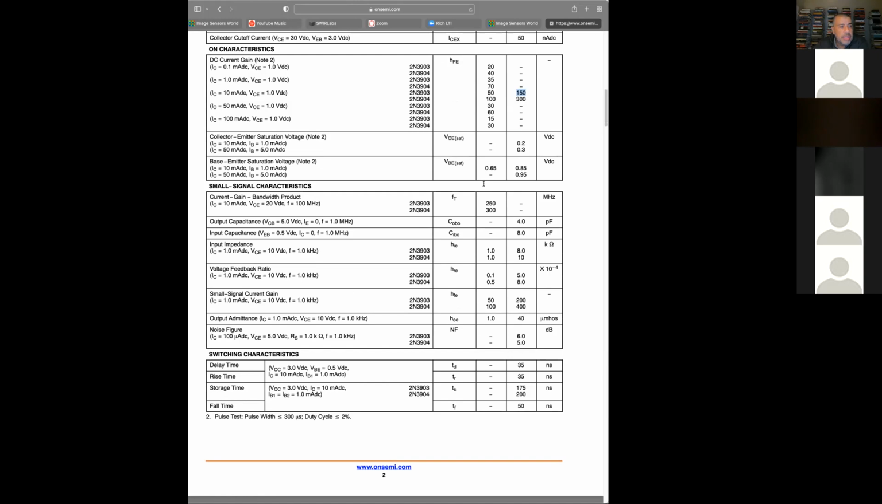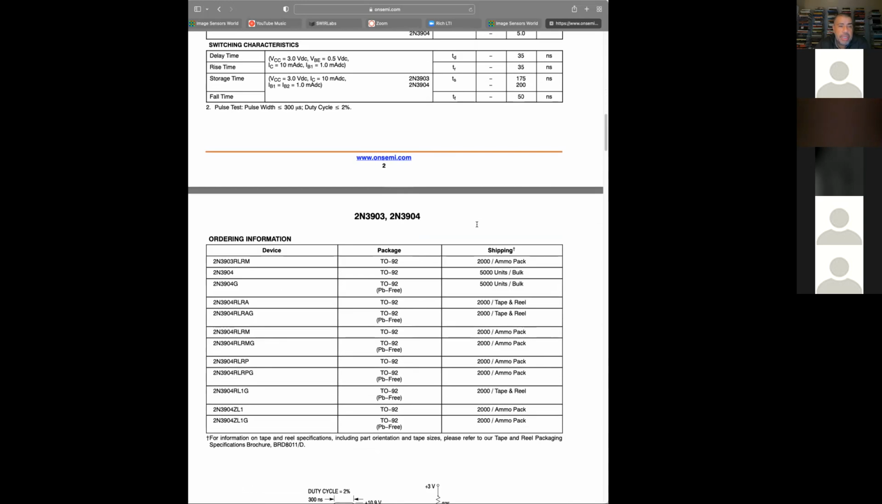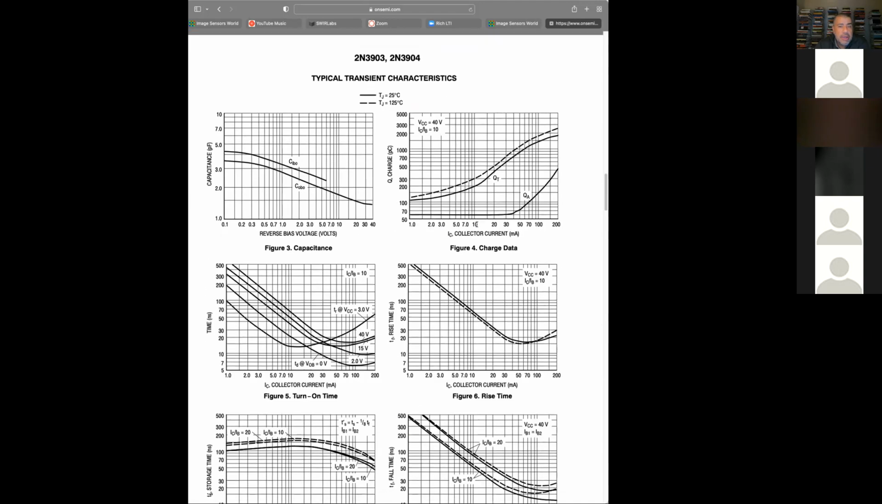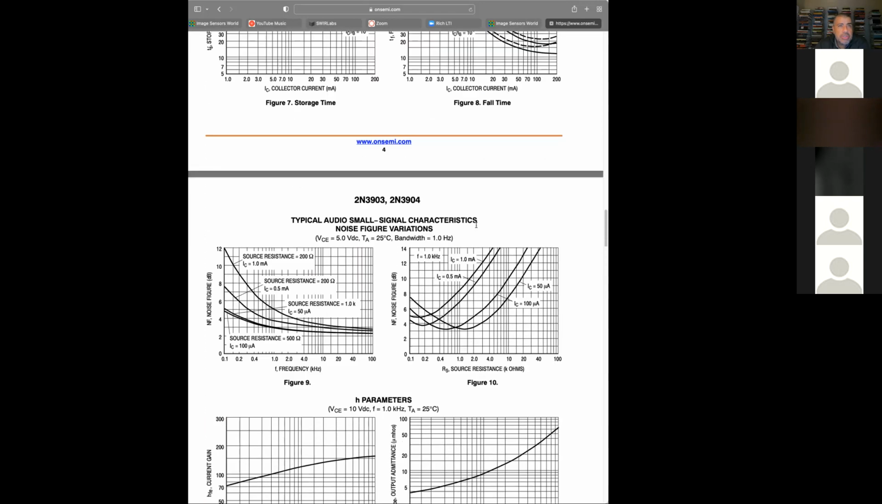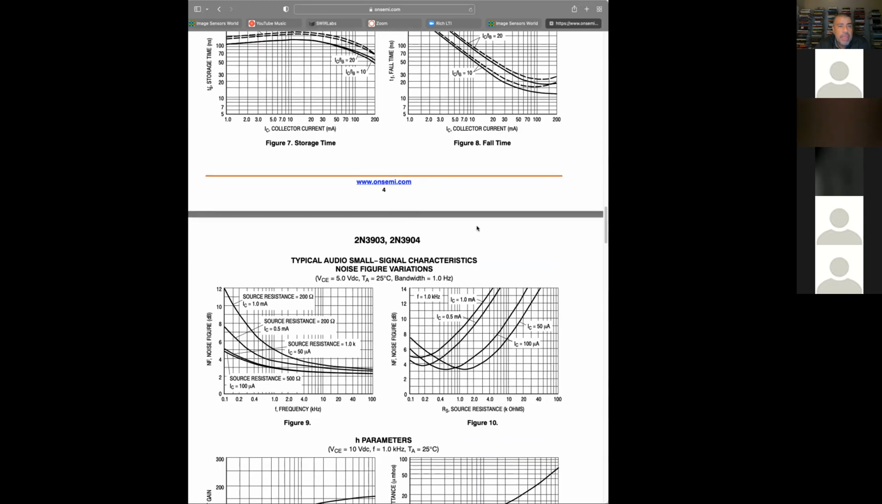What was the other thing? You see there's a lot of other parameters, but I think that was a major thing, like the base-emitter voltage at the same current. It can vary between 0.65 and 0.85, depending on the device you may end up with. Another thing I wanted to show you guys was there are lots of interesting curves as well, but